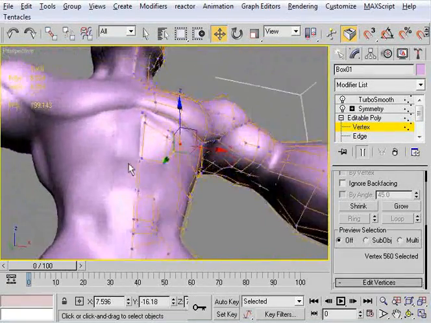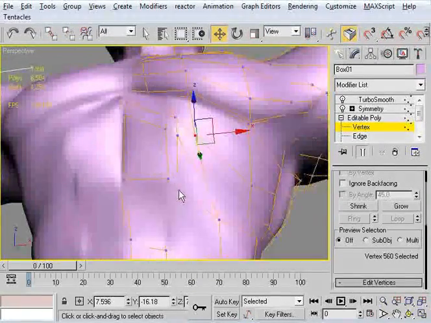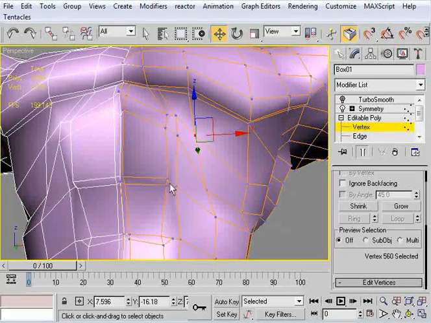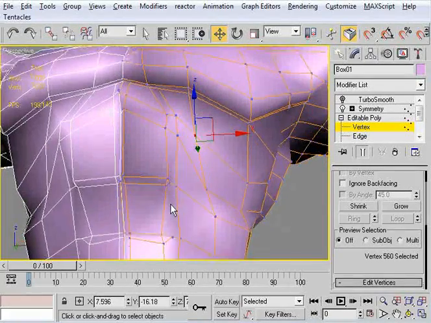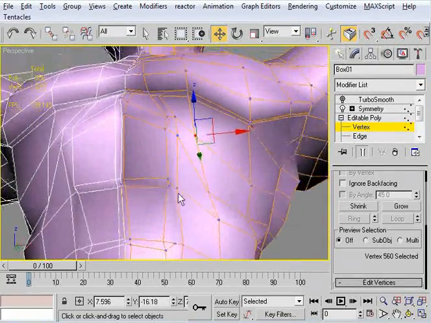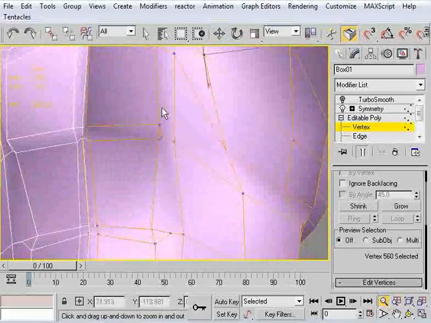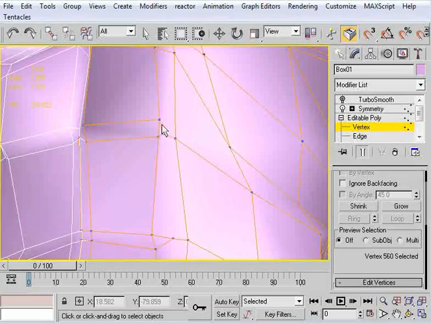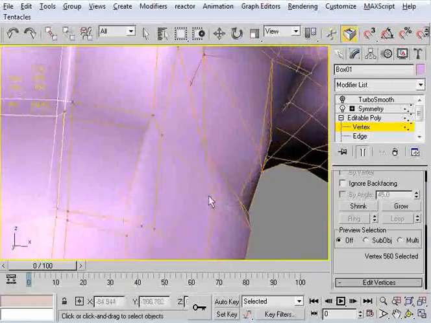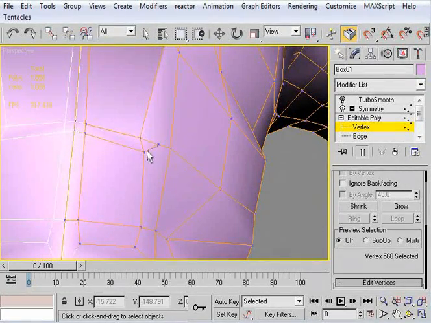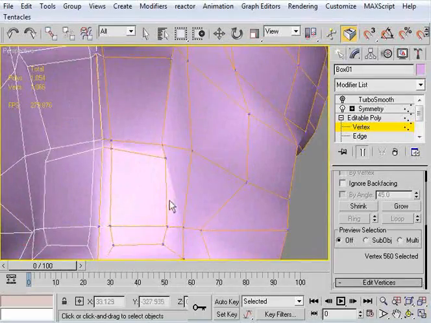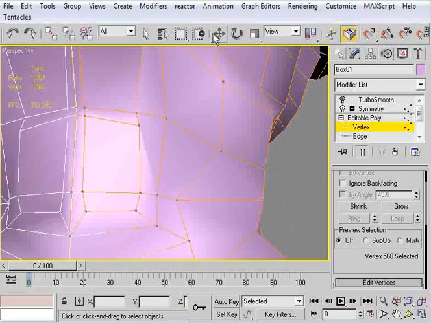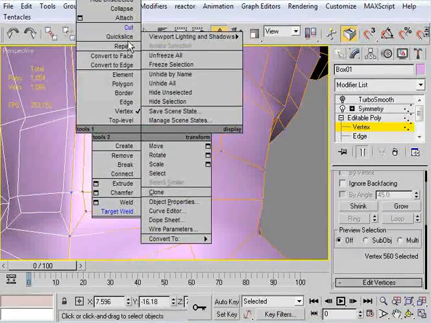I can see these hard edges right here are because these vertices here are too close together. So what I can do is either keep it or pick an edge and target weld. Even though this is an N-gon, maybe we could